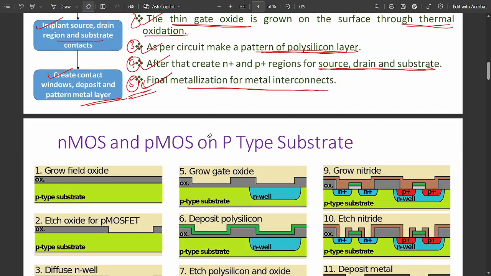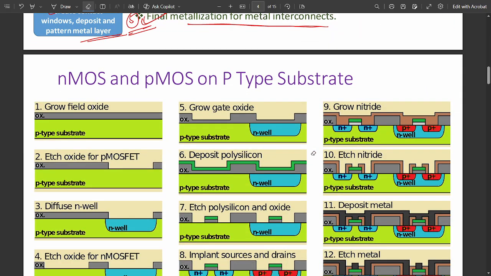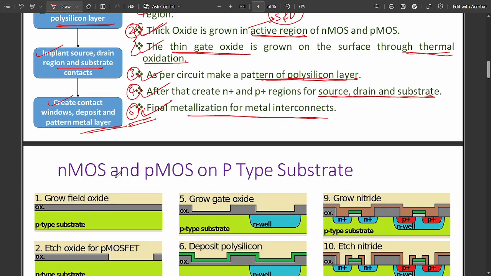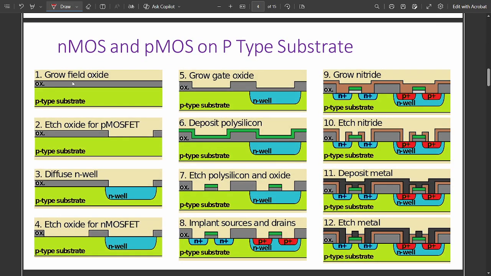So here, first you need to grow the oxide on the p-type substrate. What oxides do you need to grow? You need to grow the thick oxide for the active region and thin oxide for the gate region. First I am growing the thick oxide. After growing the thick oxide,